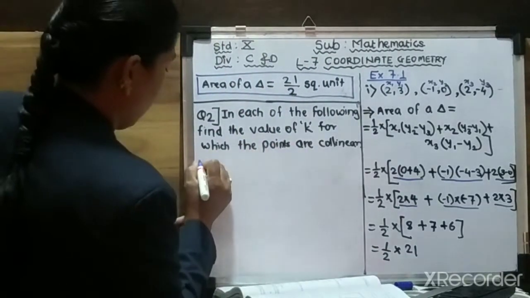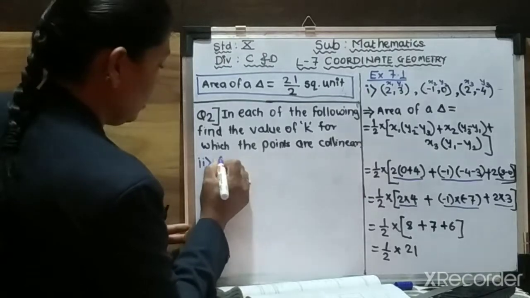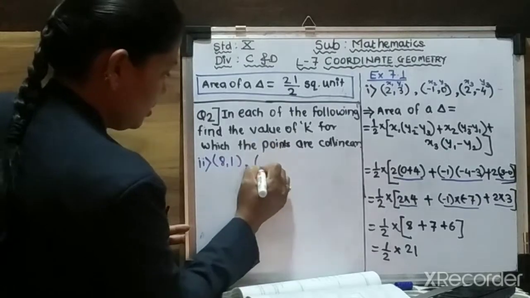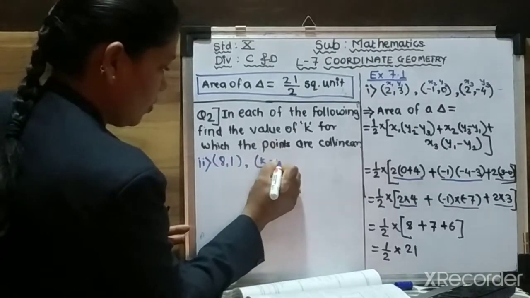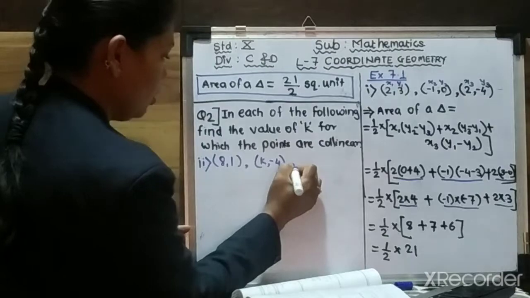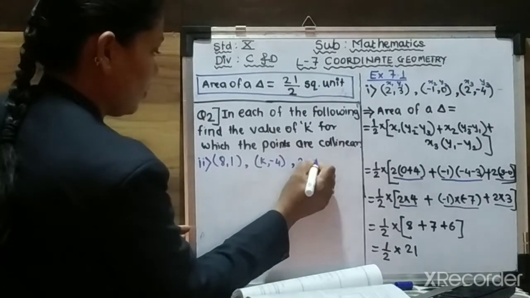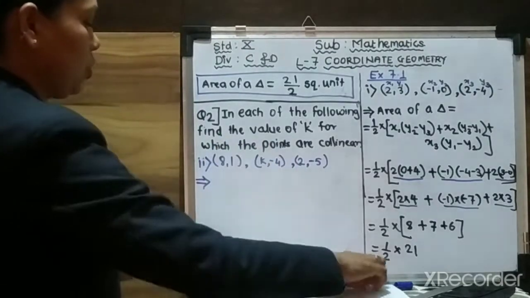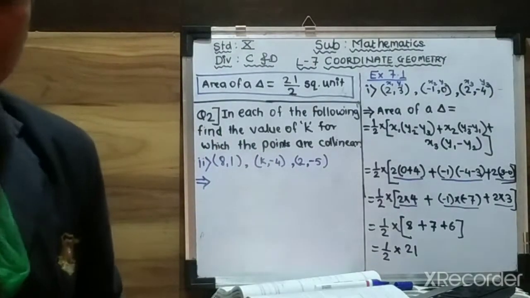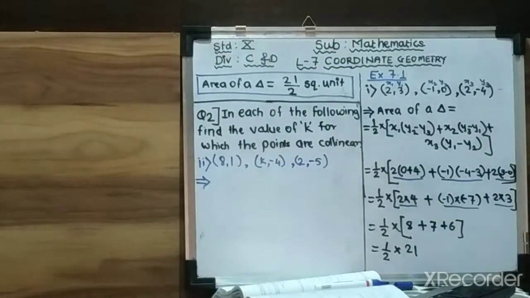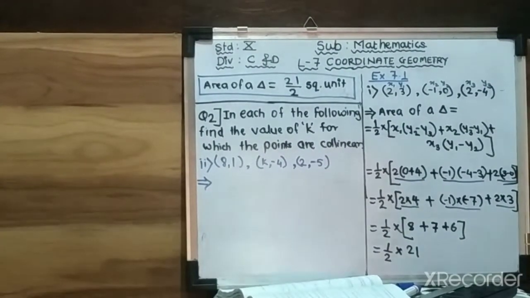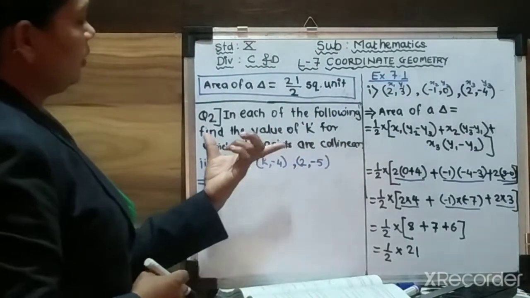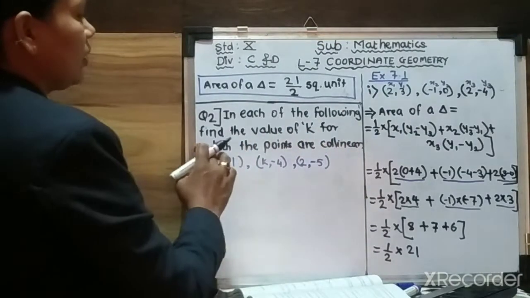So I'll start with it. The second one, that is 8, 1, then k, minus 4, and 2, minus 5. You write it down this sum and let us see how to solve this. Written sum. Now see, here the points are given, and here one more information is given, that the points